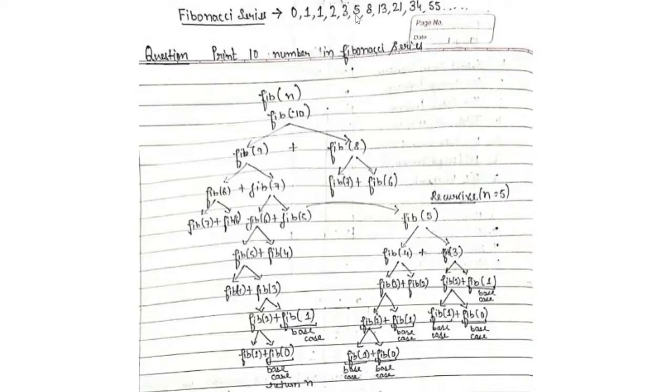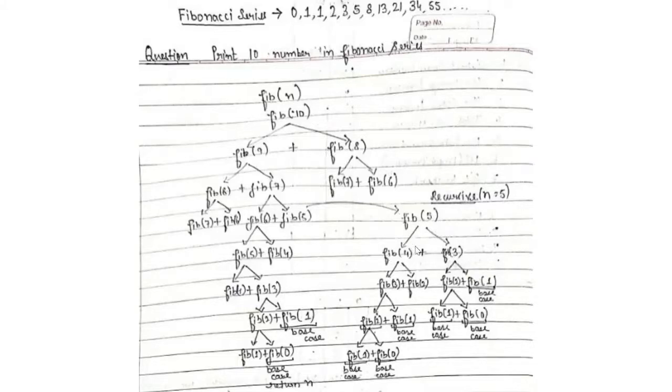How do I say what is the value of the 5th Fibonacci number? I can see over here it's 5, but how did this 5 come over here? By adding up two numbers. And what were those? The numbers present at Fibonacci 4 and Fibonacci 3. That's what I would be recursing, and then I would be adding them up. So what does this subproblem say? This subproblem says just tell me what is my 4th Fibonacci number. And what does this subproblem say? This subproblem says just tell me what is my 3rd Fibonacci number.